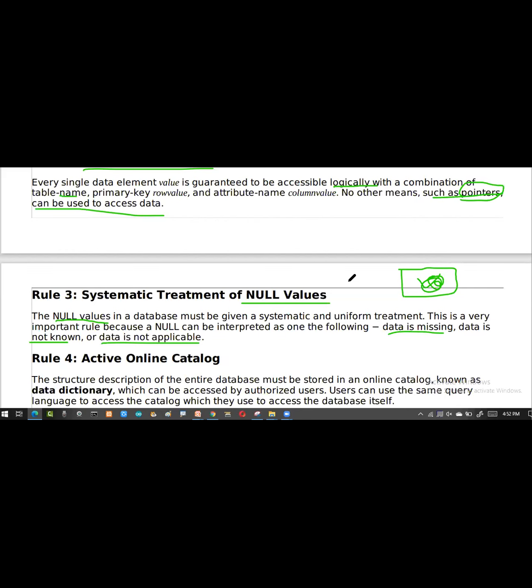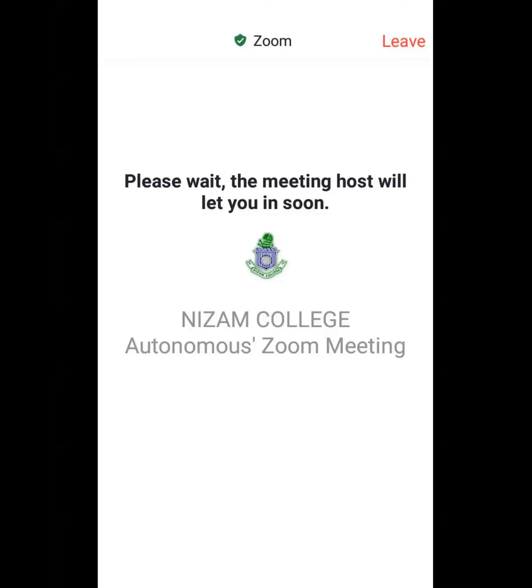That means for future purposes, right now the data is not available with me. I cannot tell that person, okay, only if you have a contact number can you join the college. It's not like that.